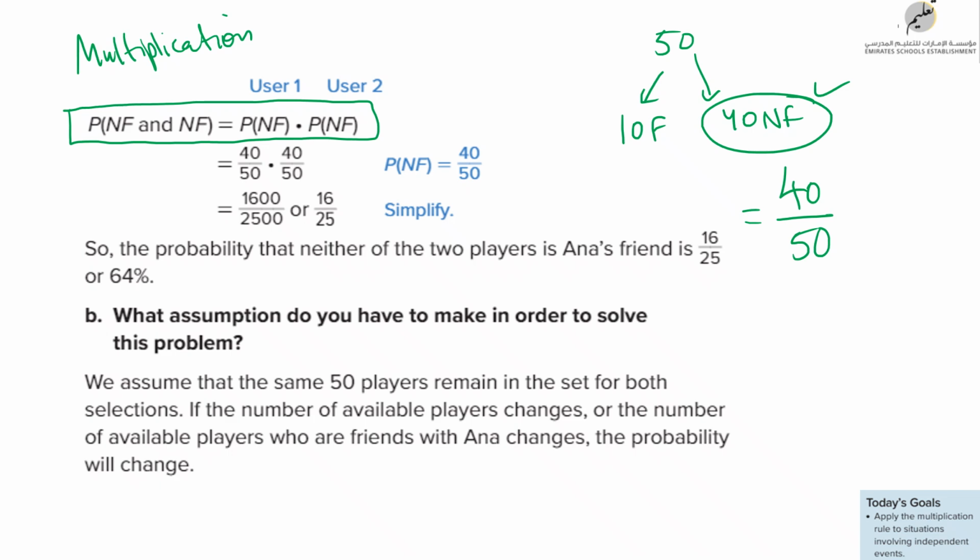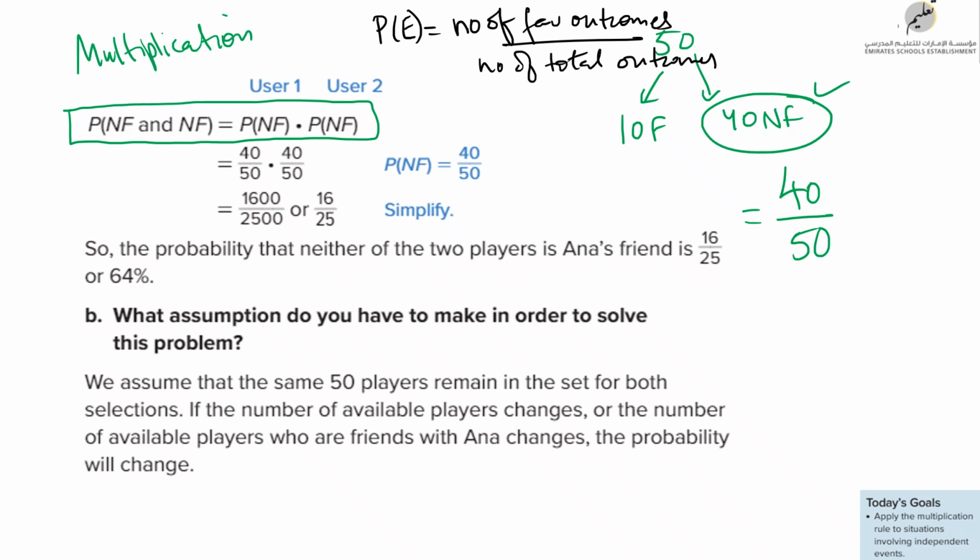I'm using the basic formula for probability, which I've taught you many times before, that the probability of an event is the number of favorable outcomes divided by the number of total outcomes. So we divide that. So each time the probability is the same. First time 40 over 50, second time 40 over 50. Why? Because it's independent. So now just multiply, simplify on your calculator, and the fraction that you get is 16